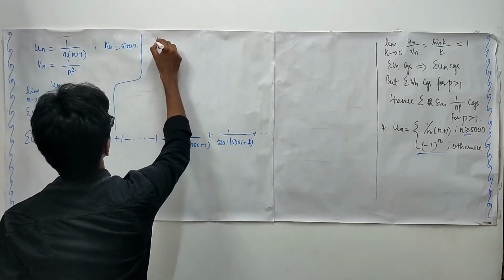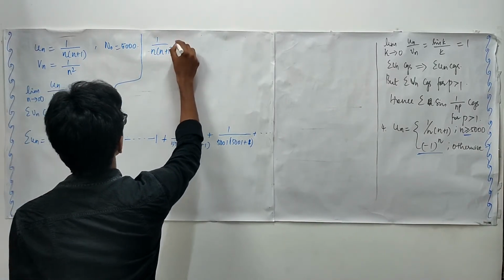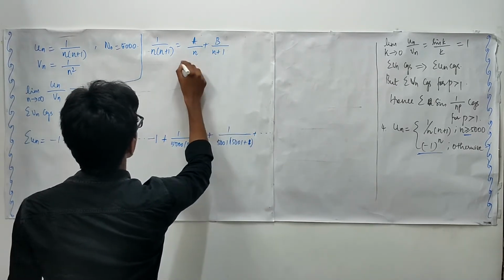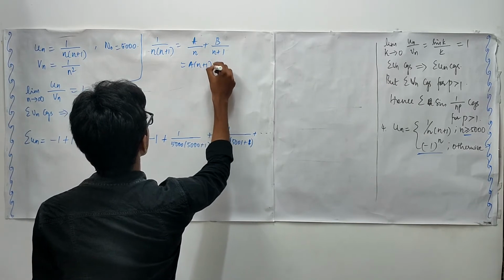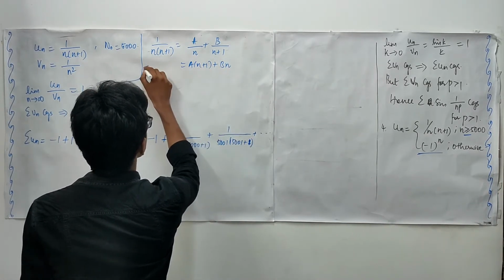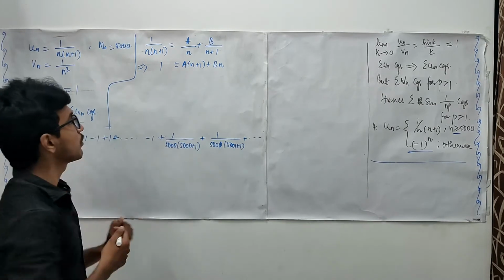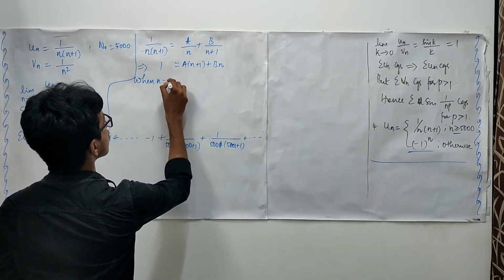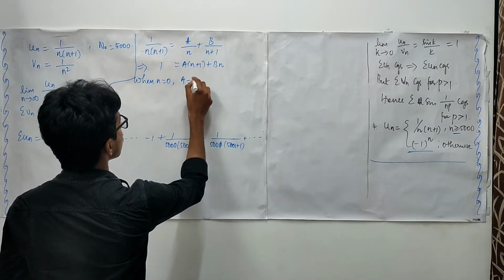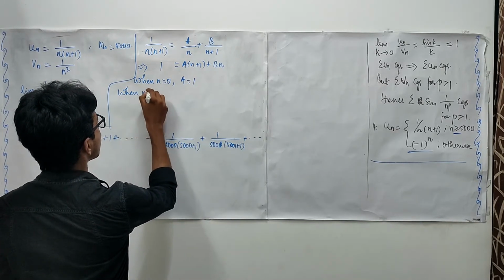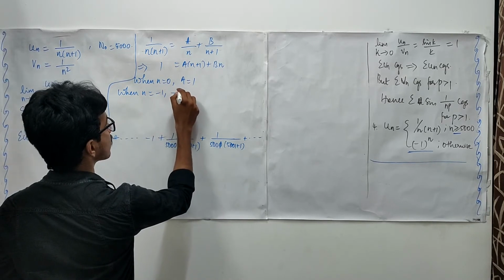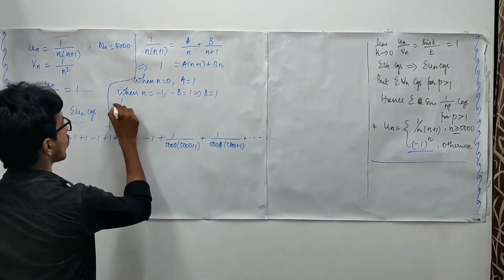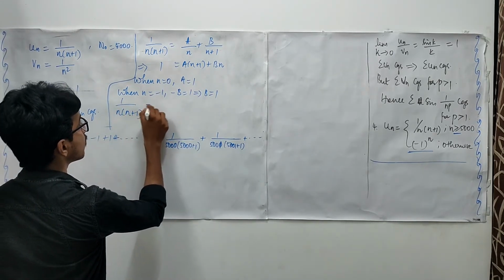do a partial fraction for this, that is 1 upon n times n plus 1. This may be written as a upon n plus b upon n plus 1, and when you do the calculations you are going to get what? From this you may easily see the values. That is, when you give n is equal to 0, you are going to get a is equal to 1, and when you give n is equal to minus 1, you are going to get minus b is equal to 1. This implies your b is minus 1, and hence your 1 upon n times n plus 1 will become what?